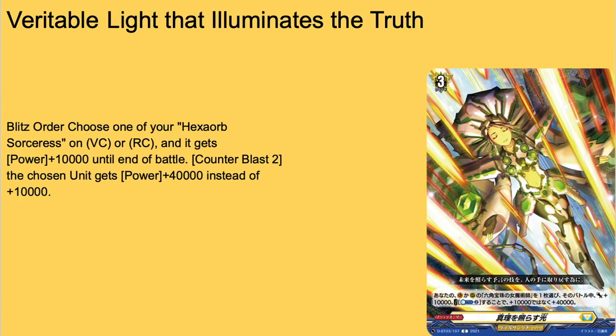Next up, we have a Blitz order for Hexa Orb, a Veritable Light that illuminates the truth, grade 3 order. Blitz order, choose one of your Hexa Orb vanguards or rear guards, and it gets plus 10k for the battle. Counterblast 2, it gets 40k instead of 10. Okay, so automatically, nothing that's swinging at this unless it gets an over trigger is hitting after the 40k plus,